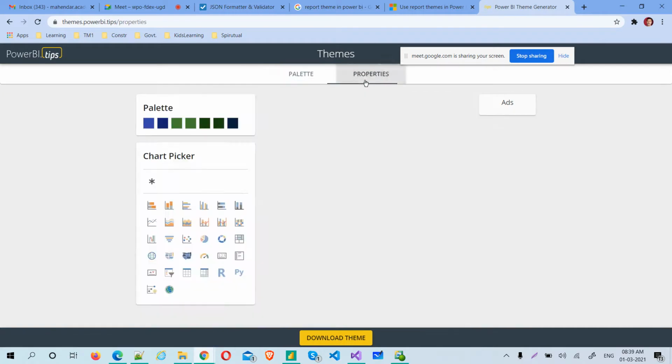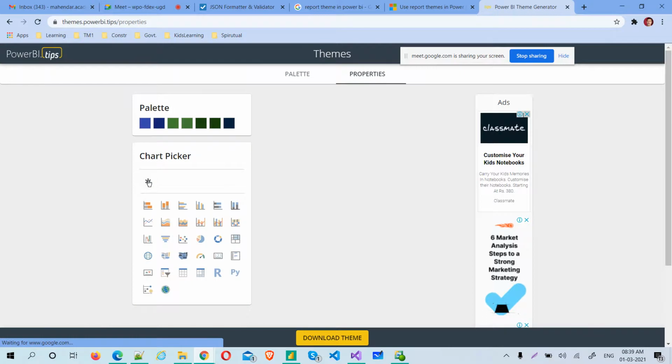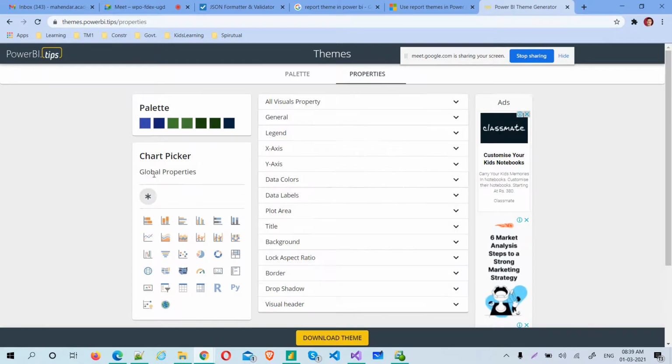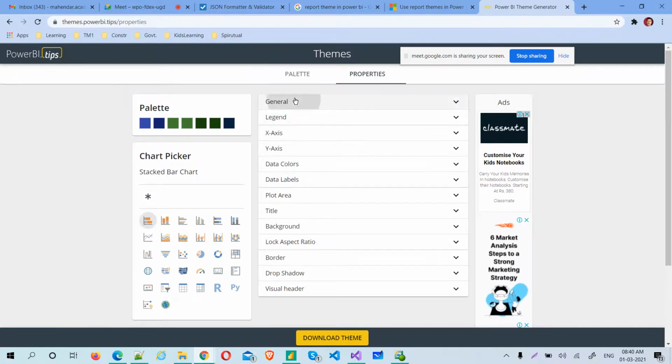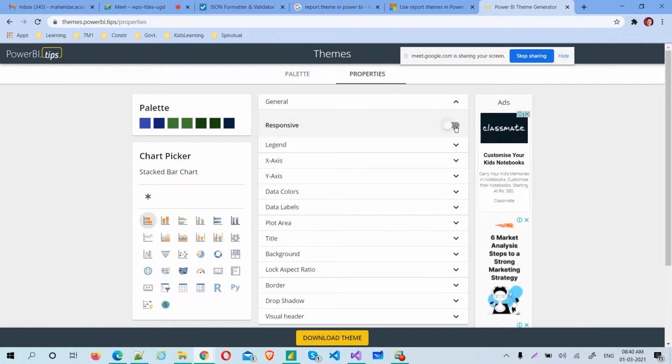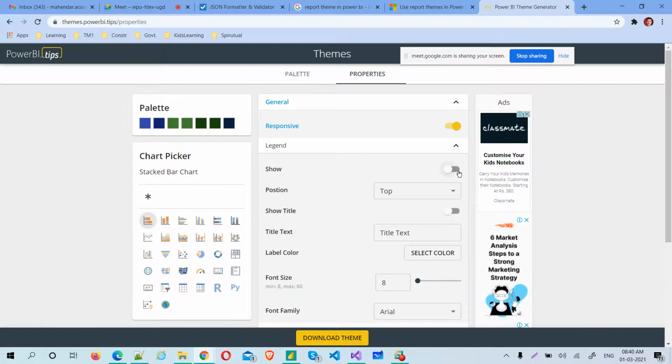Now go to properties and select. See, the star will give you all of the properties. But if you select only this visual-specific properties and change the colors: general, responsive on, legends, yes, legend should be shown.